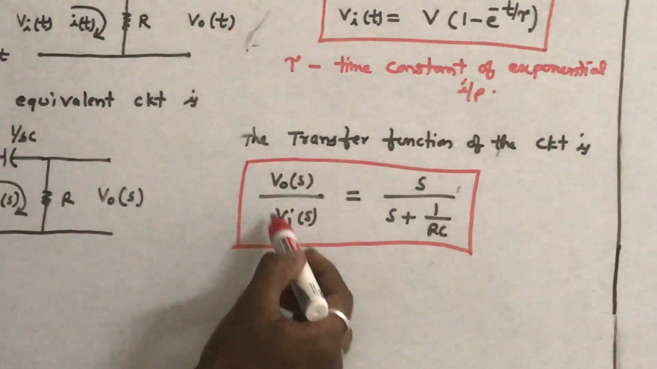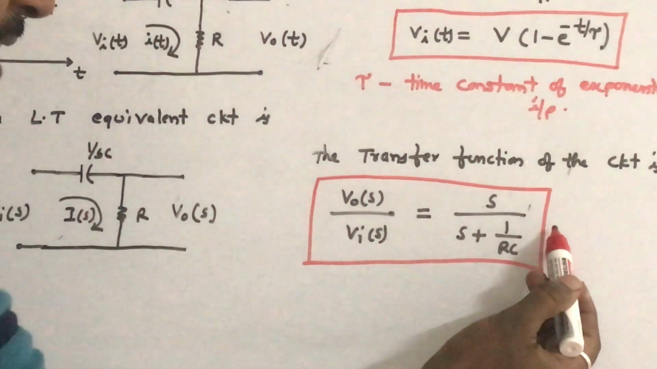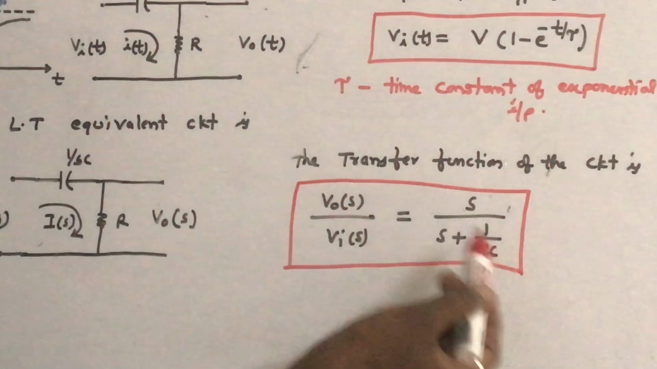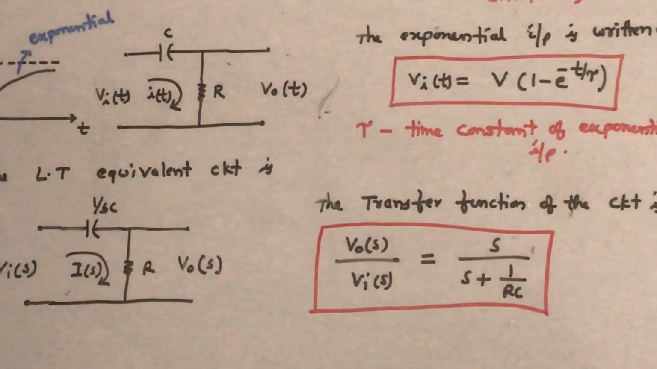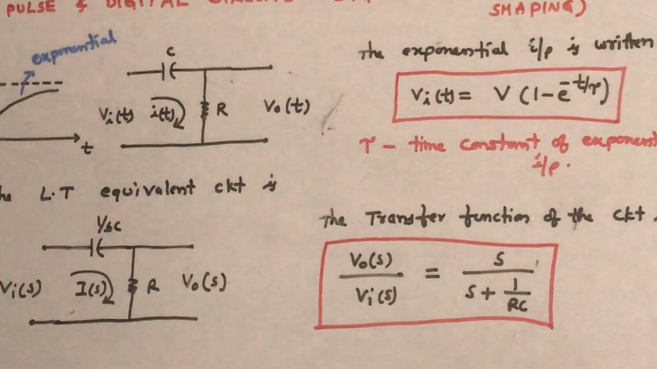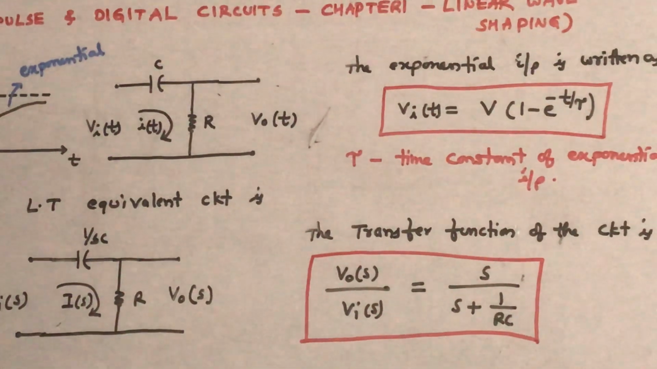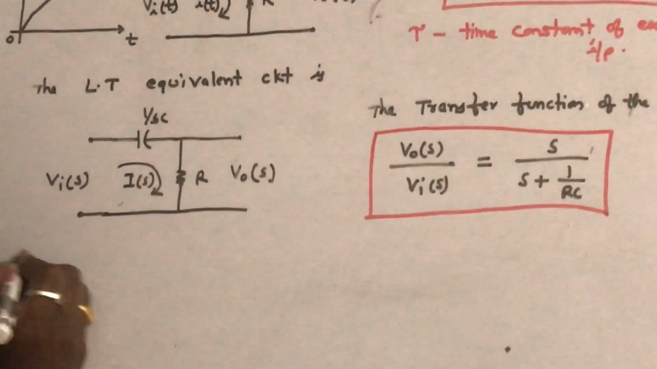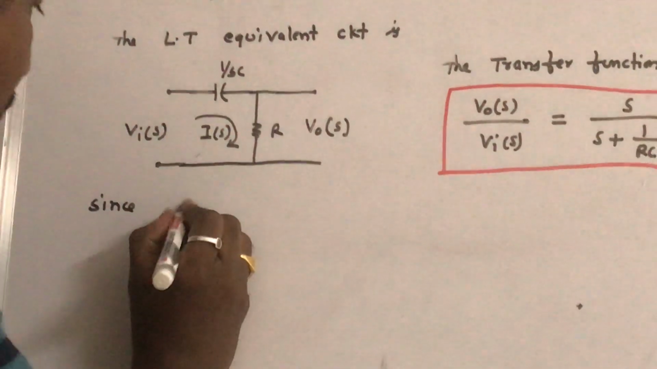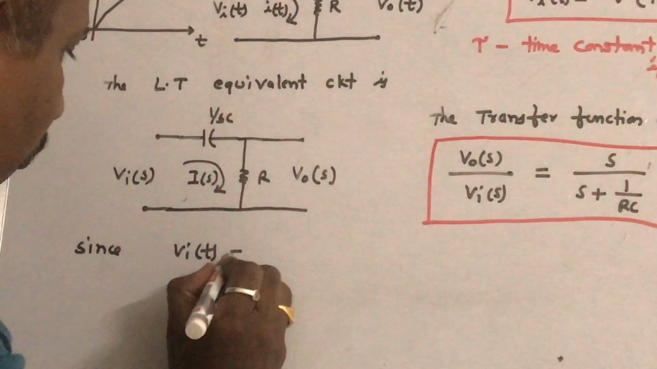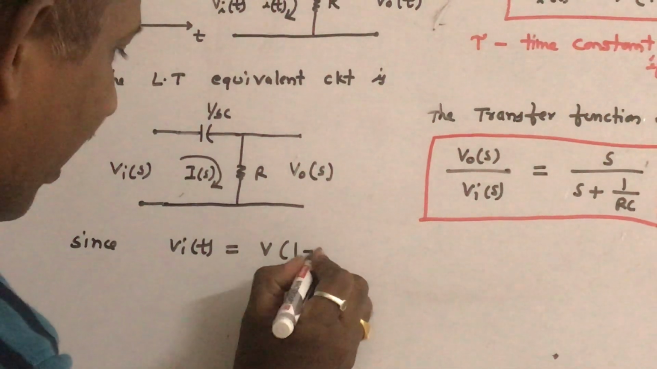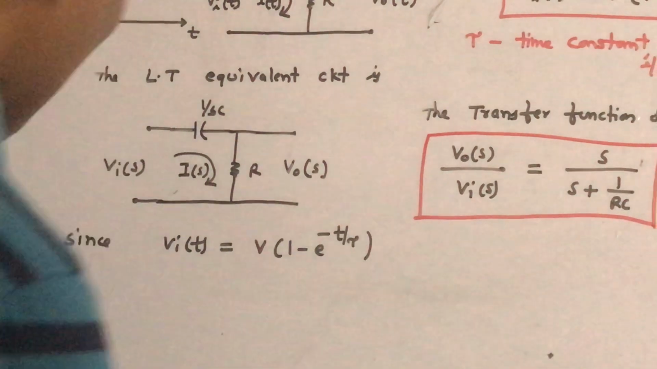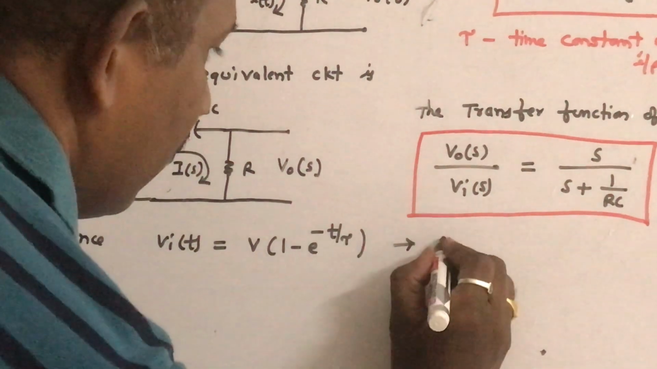So in this, let us find out VI of S and take it to this side, and find V0 of S. If you take the inverse Laplace transform, you find the response V0 of t of the circuit to the exponential input. Let us find out what is VI of S. So what is VI of t? VI of t is equal to V into 1 minus e power minus t by tau. Taking Laplace transform to this,